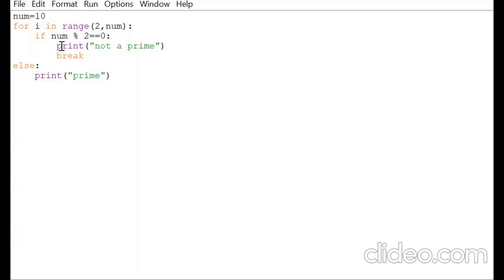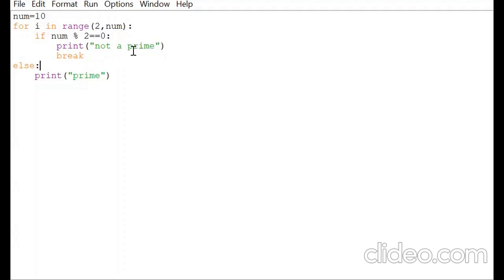What happens after this? A break statement is given. What is the use of this break statement? After printing not a prime, the for loop gets terminated. That is the reason we are using this break statement. Another advantage is that when we get 10 as not a prime, since 10 modulo 2 is equal to 0, the condition is satisfied, so I print not a prime.